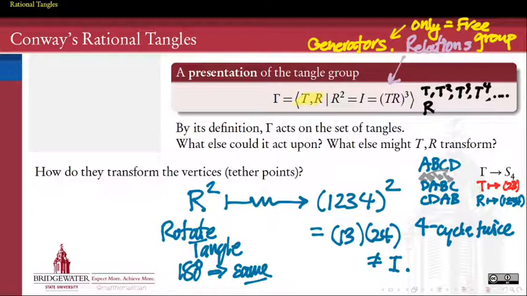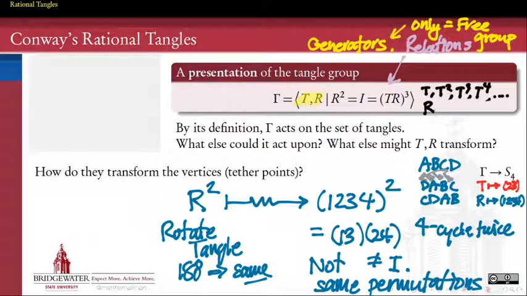And that's because even though the tangle is the same, the people at the vertices of the tangle are in different places after we've done R twice. So not the same permutation. And so the lesson here is that if we're looking for a faithful way, an invariant,